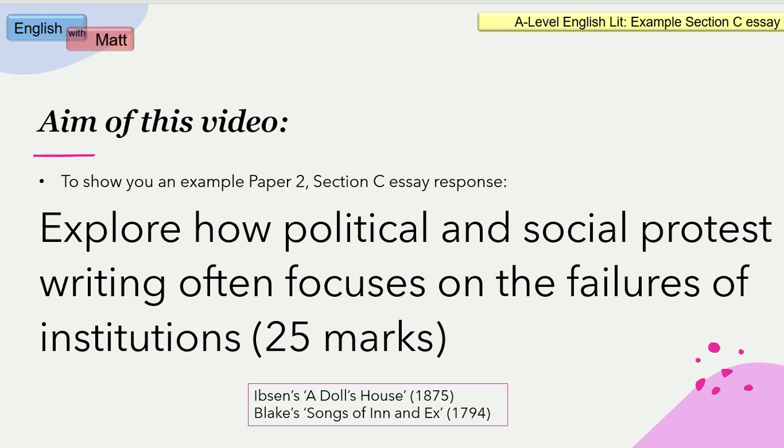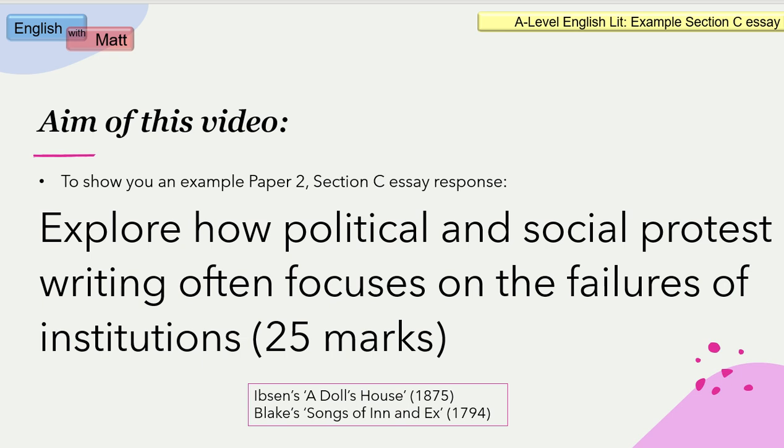Another temptation with an open book exam is that you quote a lot because you've got them all in front of you. And again, that's not necessarily the case. Quoting too much can actually increase lack of clarity in your writing, which you don't want. You want to have a strong, convincing, confident voice. And if you're quoting a lot, it can sometimes take that away.